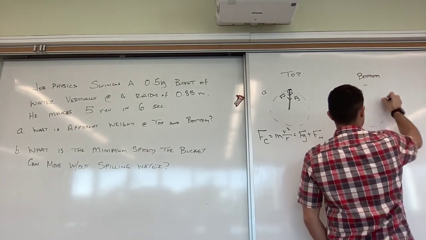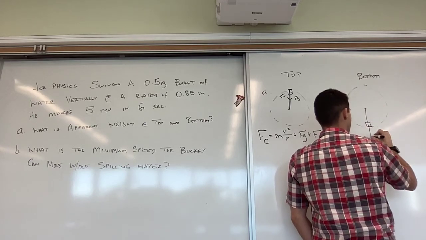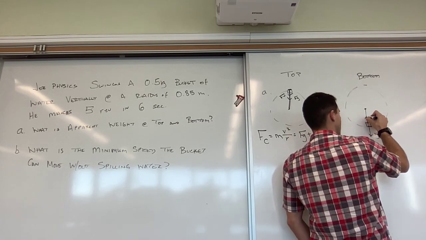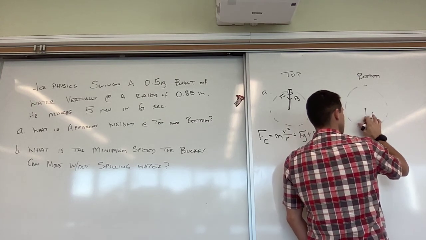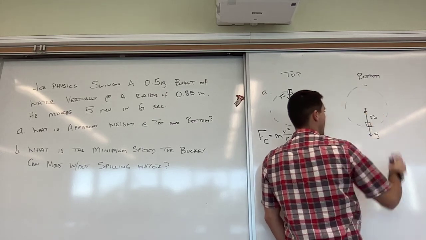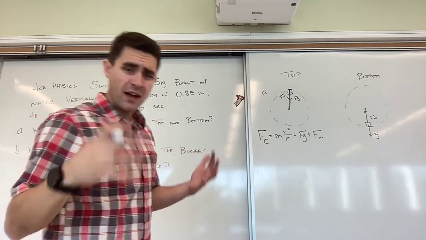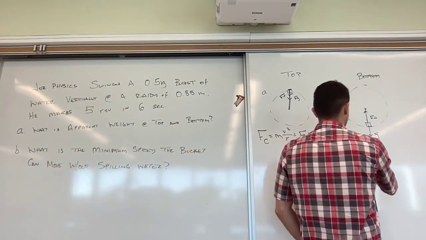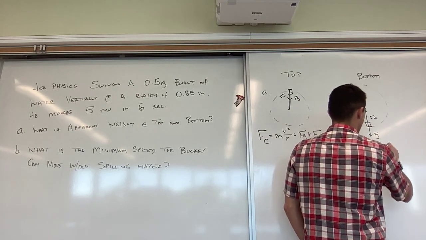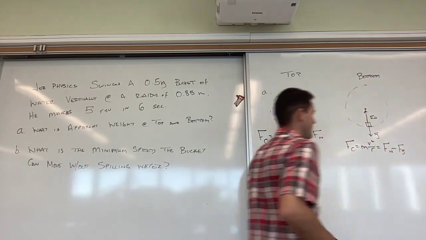At the bottom of my circle, this may look a little different. Fg is still pointed downward, but the Fn acting on the water is pointed inward, and Fn had better be larger than Fg because it needs to be my inward force. So my Fc, always equal to mv squared over r, is equal to Fn, my radially inward force, minus Fg,